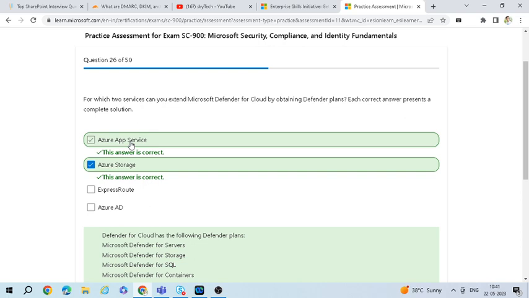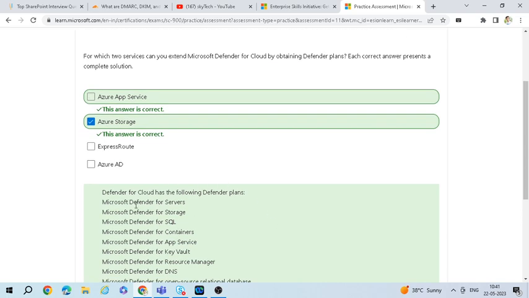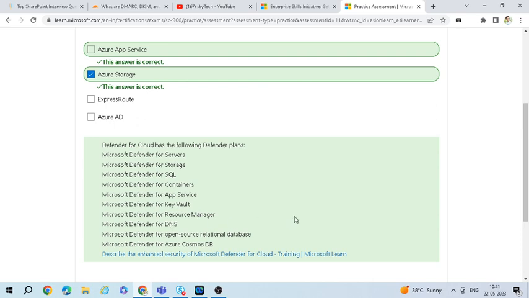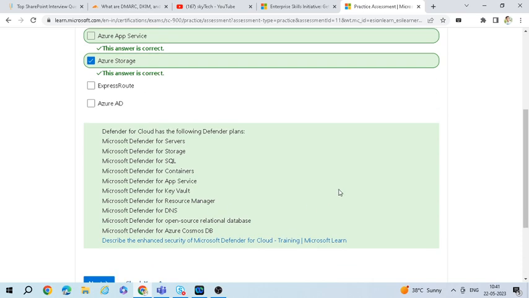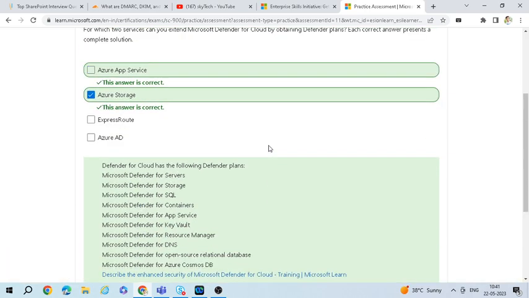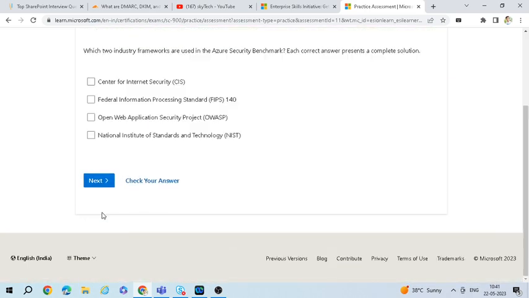Azure App Service and Azure Storage. Defender for Cloud has the following Defender plans: Defender for Servers, Storage, SQL, Containers, App Service, Key Vault, Resource Manager, DNS, Open Source Relational Databases, and Azure Cosmos DB. Right, so that is the correct option. And next,